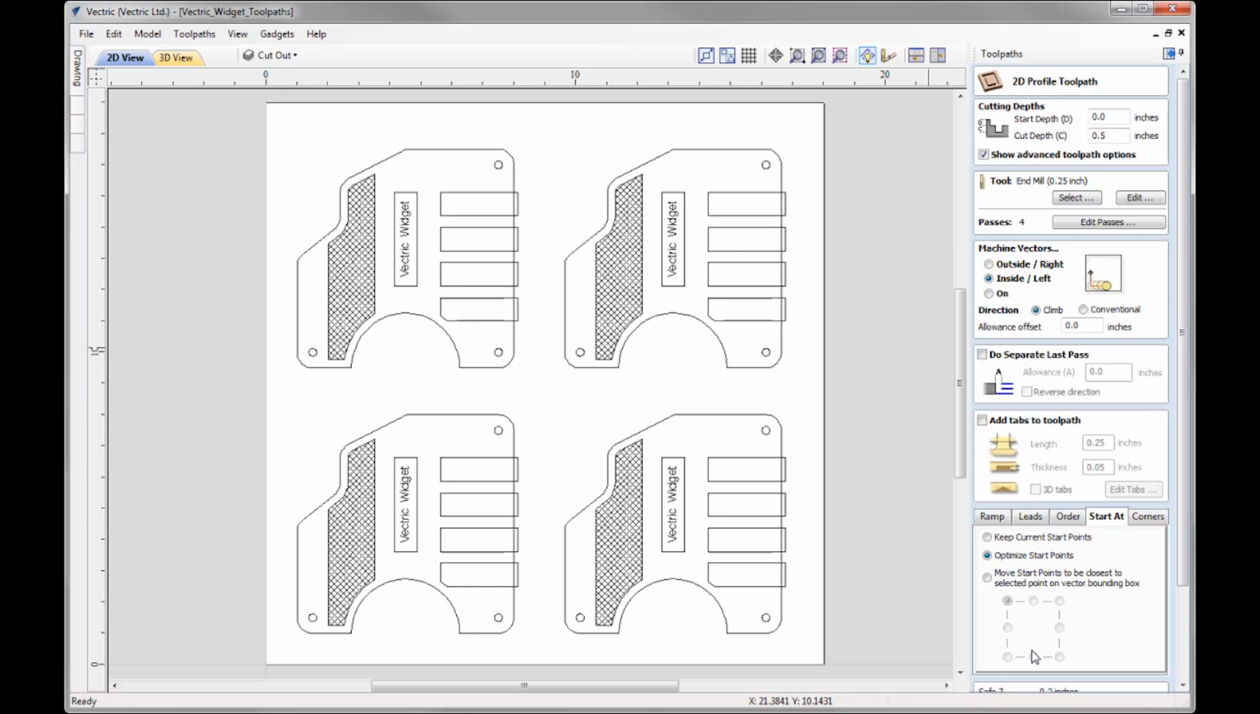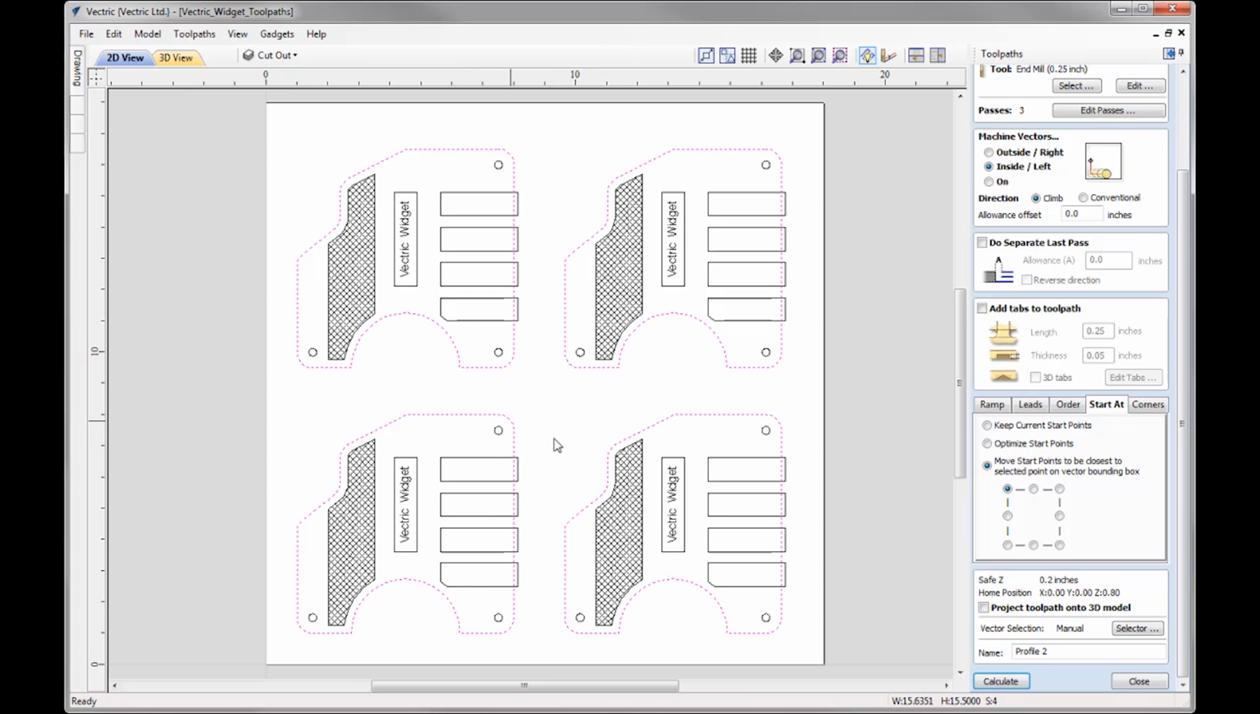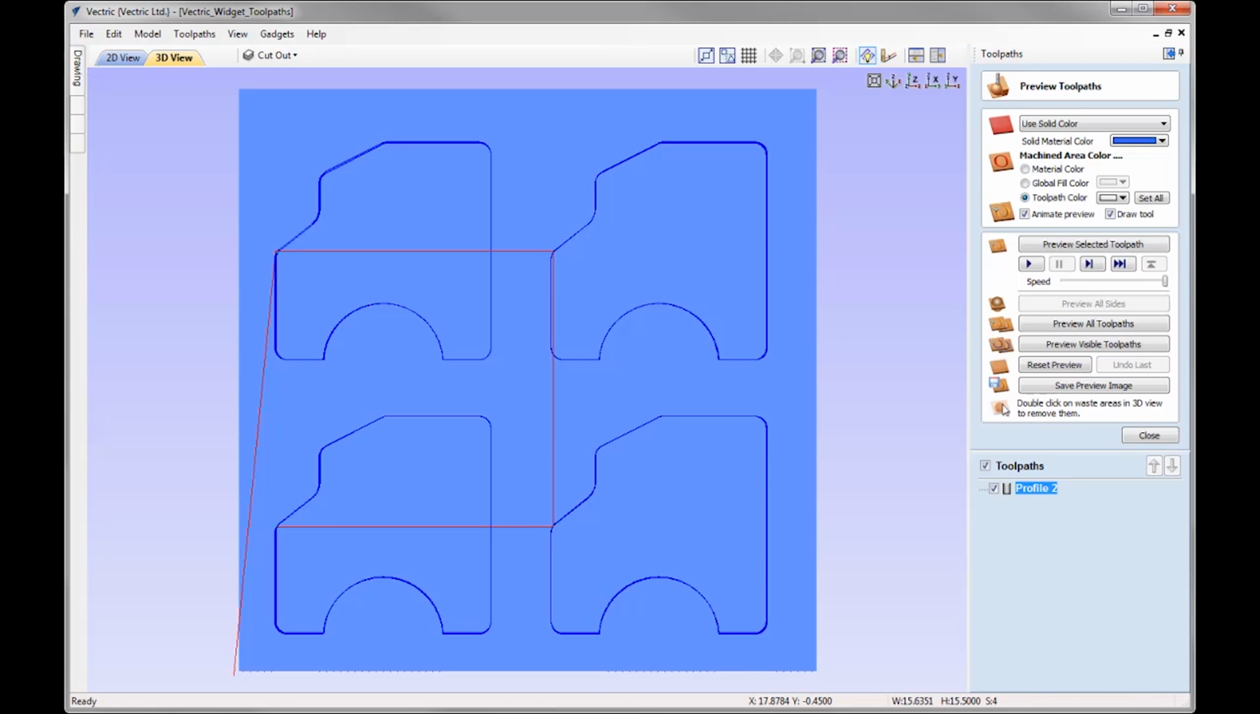And this can be used to closer control the movement from one vector to another, and can help eliminate tool entry and witness marks in key areas. So let's have a look at that option. So if we just come down here, and then we'll select the vectors here, so it's just selecting the outer vectors, and in this instance, let's say I want the start point to be closest to the mid left side point of each one of those bounding boxes. I can simply go ahead and press calculate, and we can see it's just picking up the middle section there